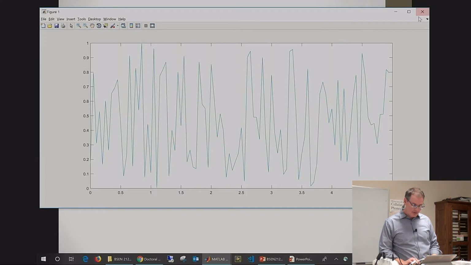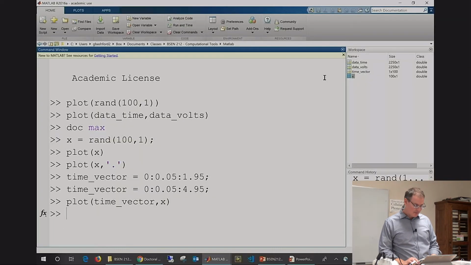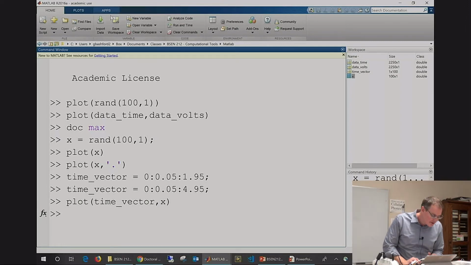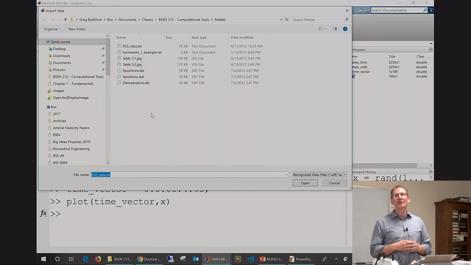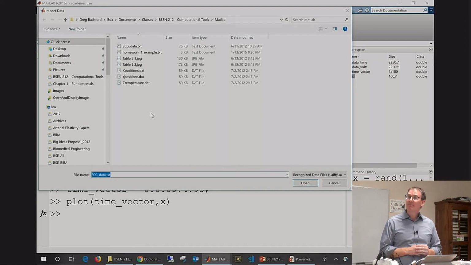Let's get rid of this. Come back to MATLAB, and there is a little icon up here, this little arrow here, and it says import data. I'm going to click on that. Import data brings up everything in the current directory that it thinks it could bring in. In this case, I've prepared something called ECG data. It's just a text file. It could have been an Excel file, and that would have shown up here as well. I open it,